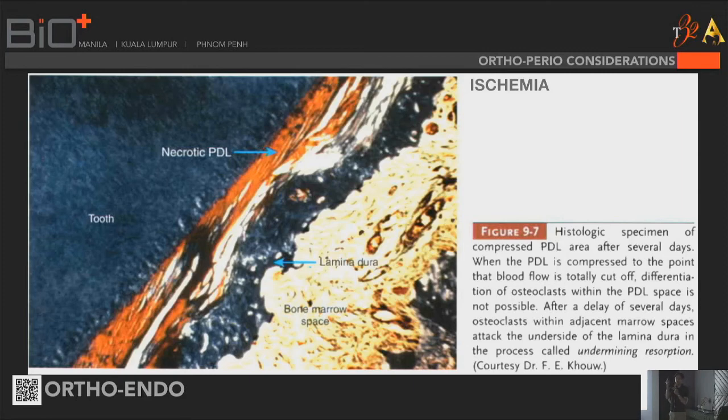When you intrude the tooth and these structures, the blood supply and nerve supply would get impinged, and the situation may be that there might be loss of blood supply. Okay. Now we have to understand as well that when you're moving teeth,